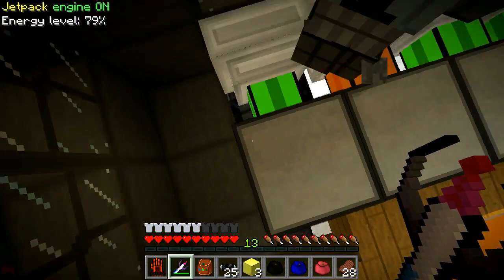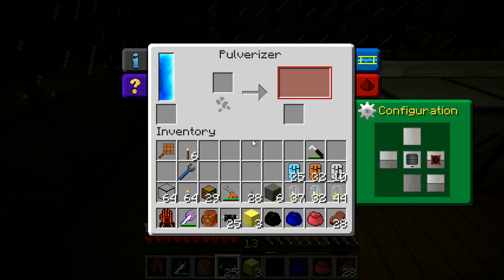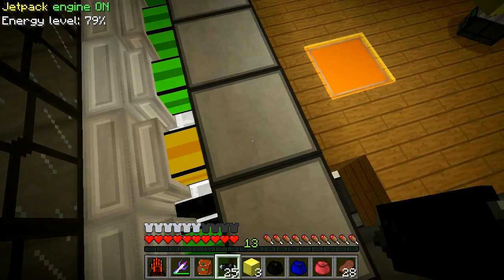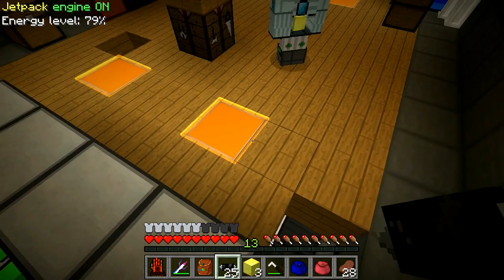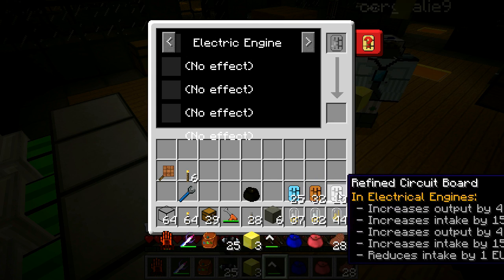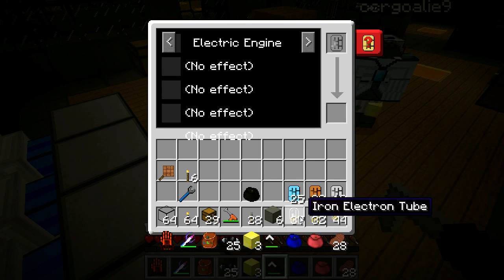Nope. Gravity suit chest page. Alright, so first up, the pulverizer uses a max of 4 megajoules a tick, and this thing will only produce 2 normally. But let's go and upgrade this thingy. First I'm going to need a soldering iron right here. And you make the soldering iron in a carpenter, I believe. And you're going to need some circuit boards of various sorts, and iron, tin, or bronze electron tube. So, I believe the iron was...